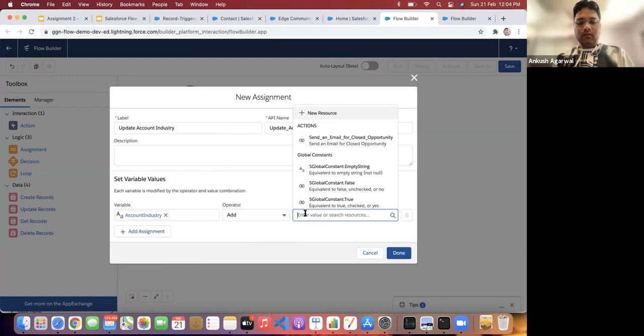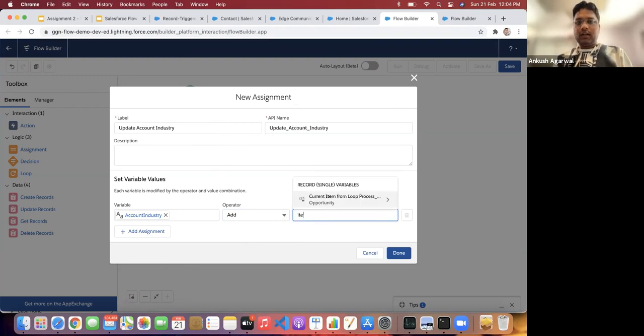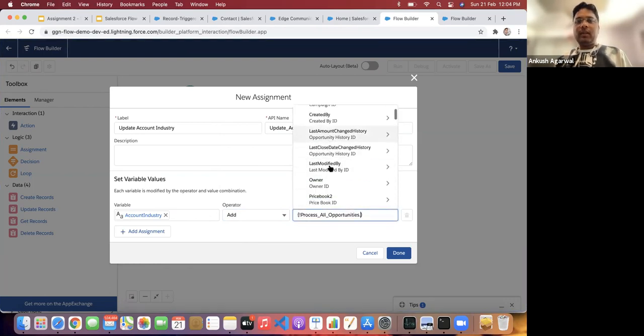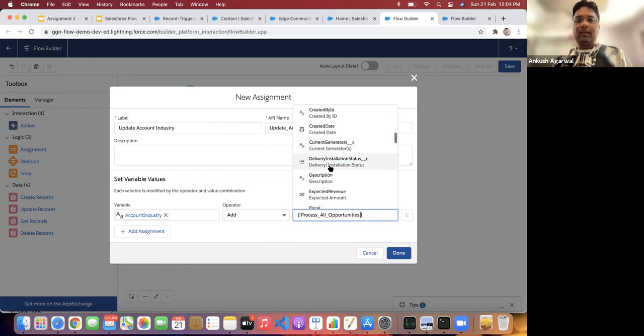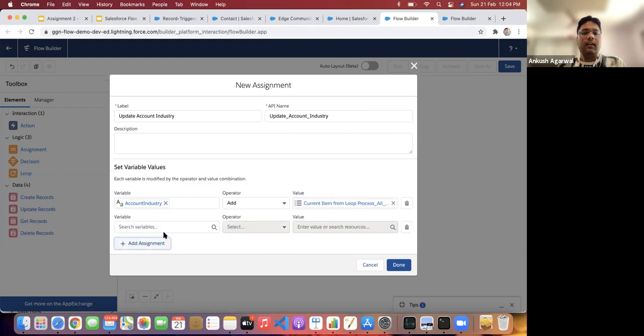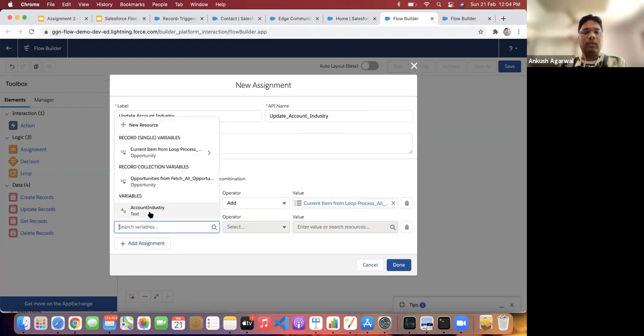I'll search for item, current item from loop process, and from that item we'll fetch industry, this industry. I'll add this industry to the account industry field variable, and I'll add one more thing to it.